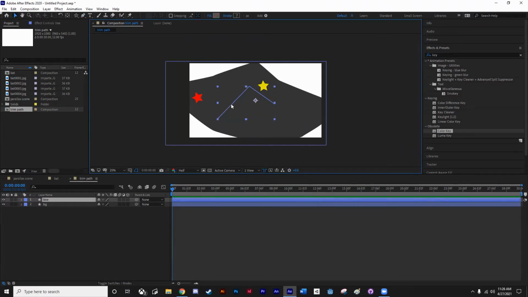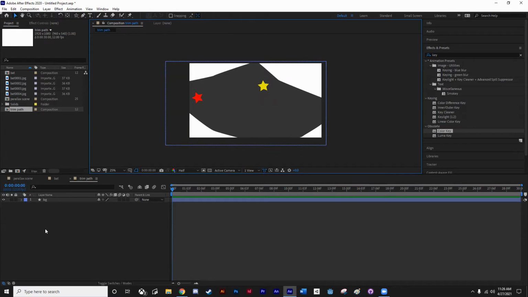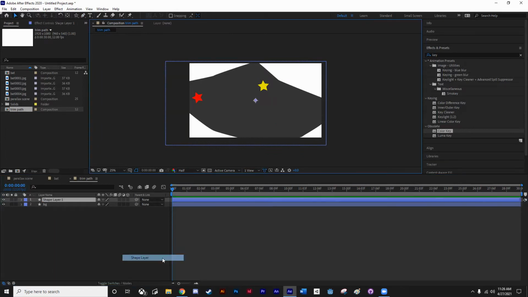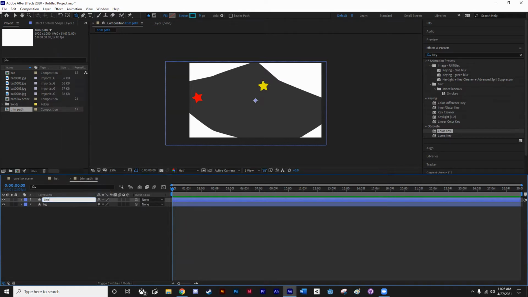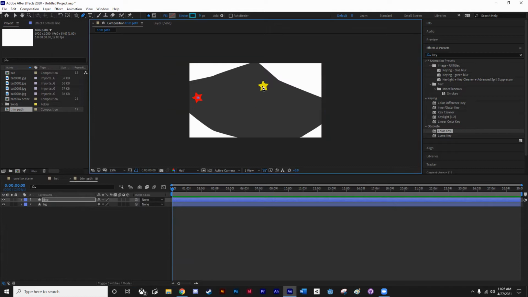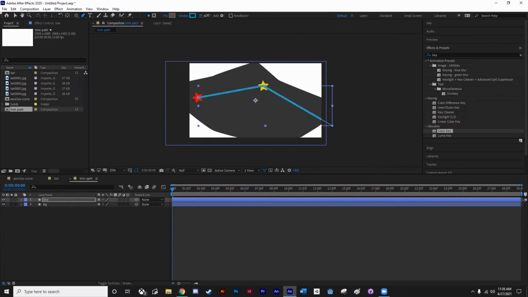I'm going to delete that. There we go. So, new shape layer. What I'm going to do is select this and make a mark from here to here to here. I'm going to increase my stroke to about 30-ish. And now if I toggle this down,